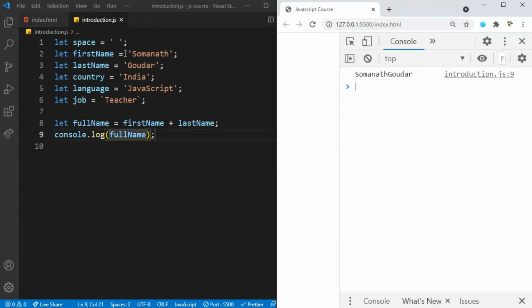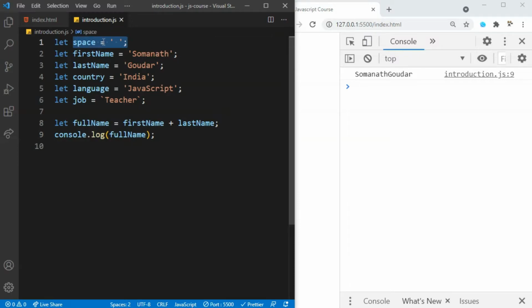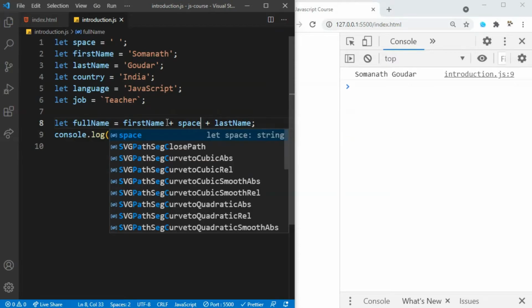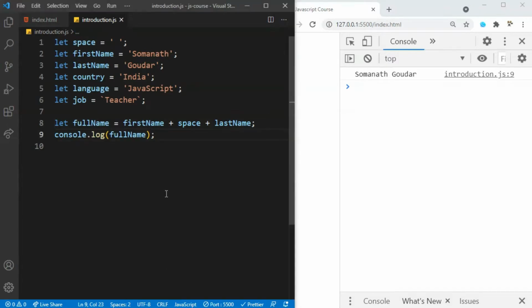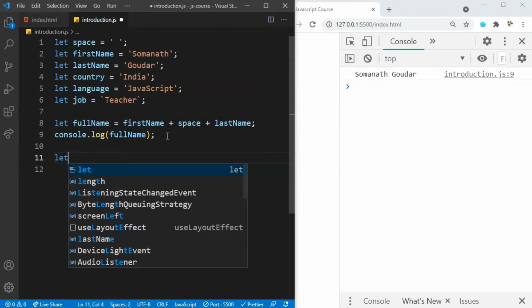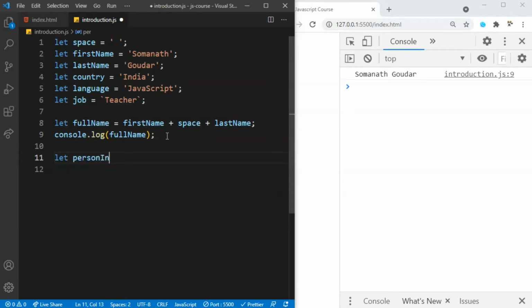We can also add a space between these two. Remember, we stored a variable with an empty space here. I can include that over here. Let's just say space. Now if I save this, as you can see, there we have our full name. I can also concatenate like this. Let's just say let person info is equal to I am, and let's concatenate my first name here, first name